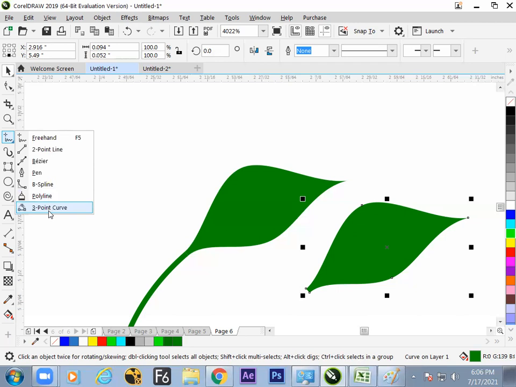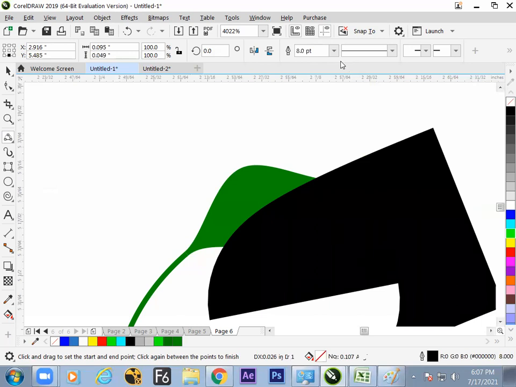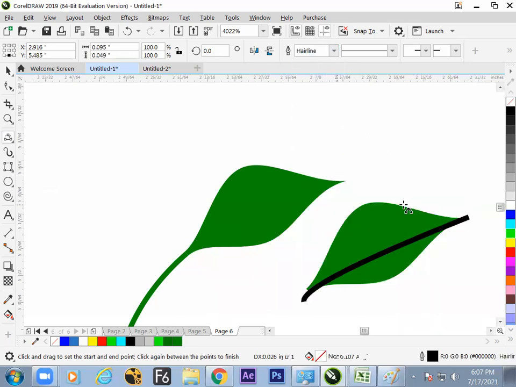Go to the 2-point, 3-point curve. Very simple. Why have we taken this? Because it will give us a curvy structure. And we can block this. And then after we can modify this. No issues. But yes, a line could be placed. With a headline, it is, but still it is in zoom condition, that's why it is looking bigger.